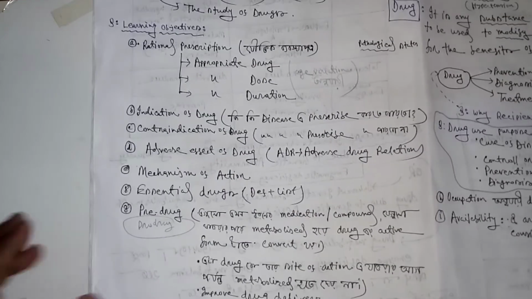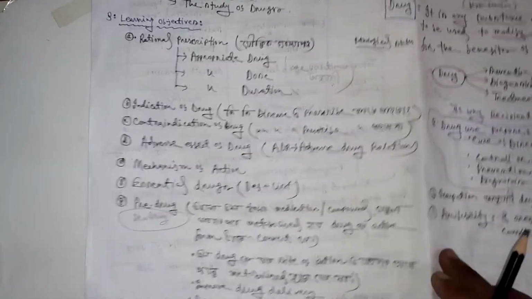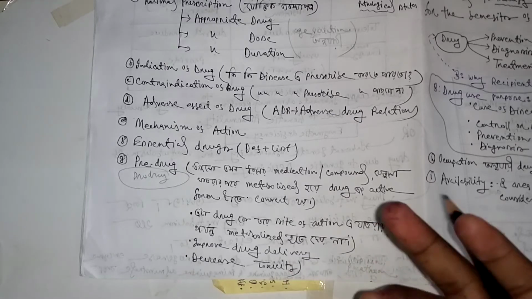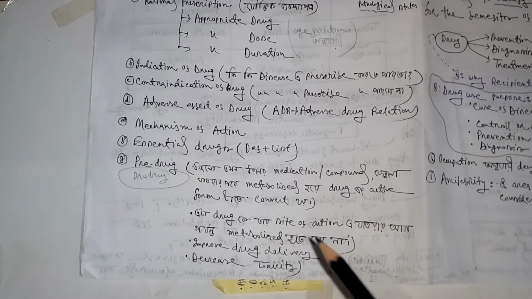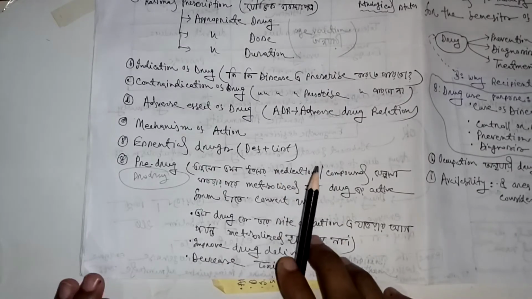In some cases we cannot take the drug directly, so the drug is mixed with some kind of thing, and then we take the inactive form of the drug, and it will go to our stomach, or it will go to the site of action, and then it will be activated. So in Bengali, if I say this in a very short way, this is